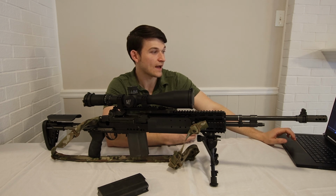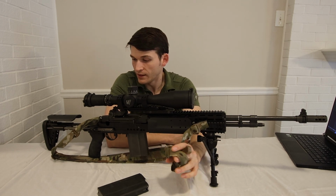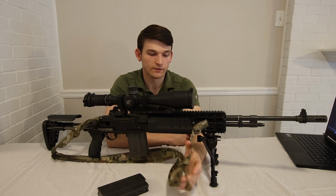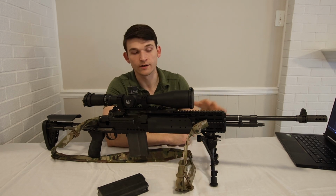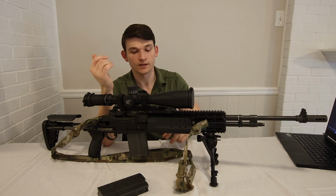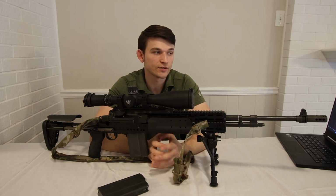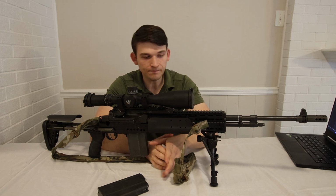And then the last thing is, well, last two things, the sling. We're going to talk about this more here in a couple minutes, but the sling is a big upgrade as far as usability is concerned. Again, it really lets you cinch down on the rifle and spread the weight out over a broader area. Instead of it all being on mostly your forward support arm, the sling helps to distribute that weight across basically your whole back, which makes it easier to use this for extended periods of time. And then lastly,